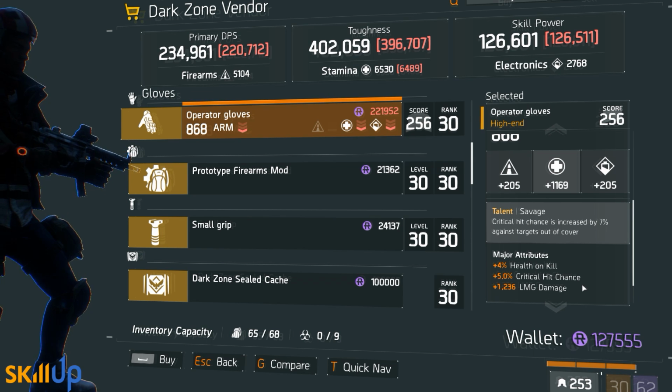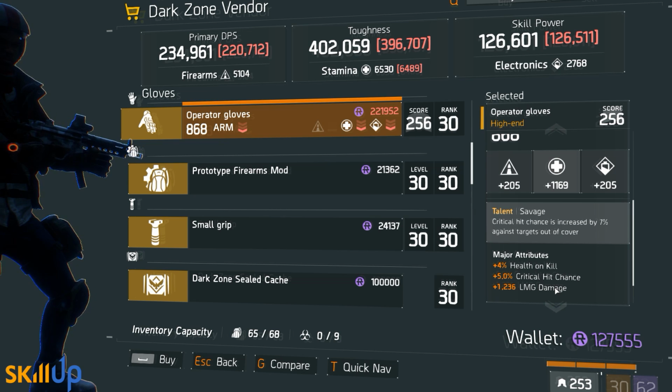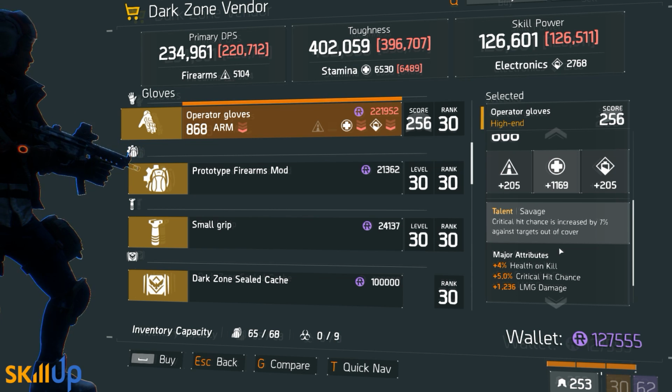Probably want to use these with an LMG in the sense that you maybe want to roll away that health on kill. That's probably the weakest stat there. So if you're an LMG focused player, cool. Otherwise you could of course roll away the LMG and keep that health on kill. I just think that the way this roll is set up, it's definitely best for people who are already focused